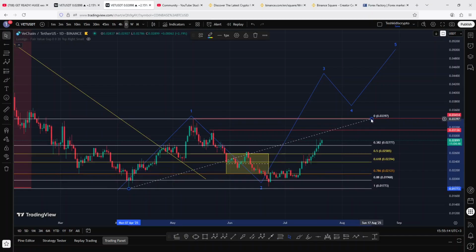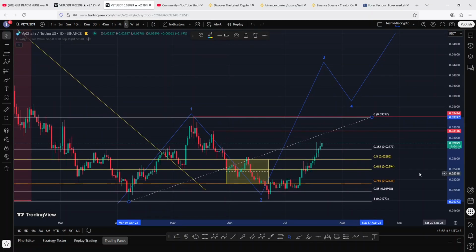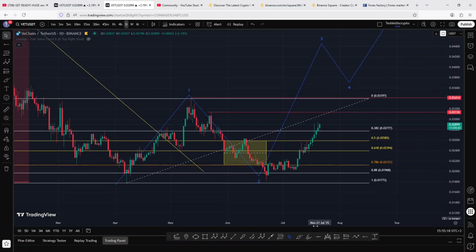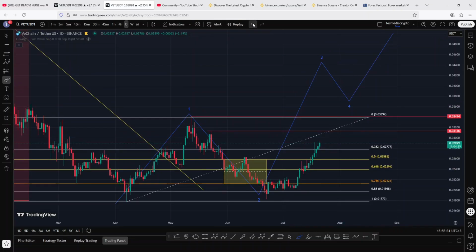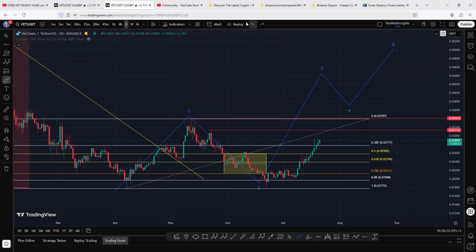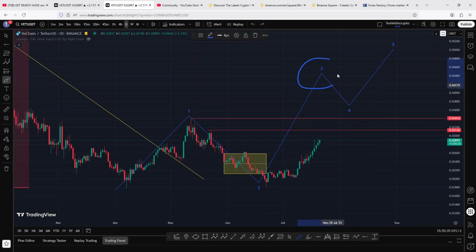And on so doing, the minimum pullback target area for the wave 2 was between the fib level 0.5 and the 0.786, an area that we fully maximized, and you can see that we are now seeing a reaction of this target area, giving us a bit of a bounce to the upper side in what I believe is the start of a very impulsive bounce in the formation of this wave 3,